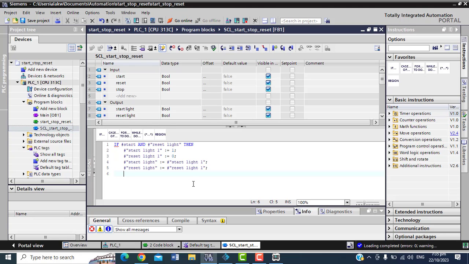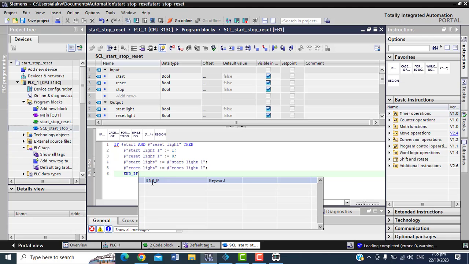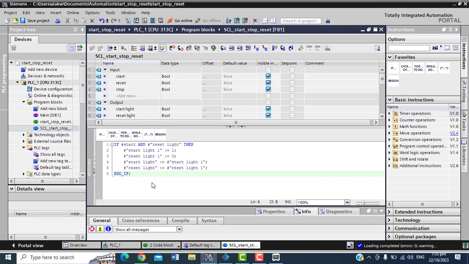But some of you will see this thing and feel like scratching your body, saying, why is this red line showing here? Okay, we just remove this red line. To remove the red line, you say end if, end underscore if, right? So end underscore if, don't forget to terminate it with your semicolon. You see, the thing is gone.